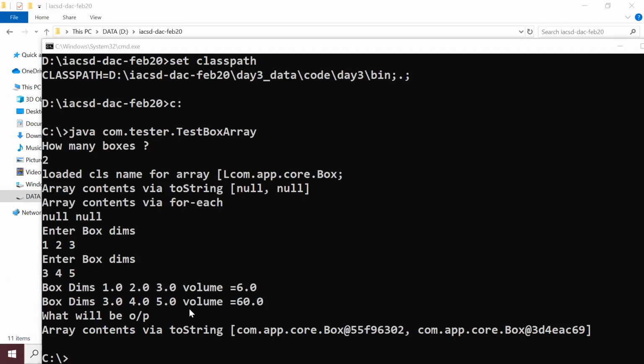So I hope you are now comfortable, because you know why I spent such a time: once you enter IDE, which is from tomorrow, you are not going to require any of it. You don't require path. Path, okay, fine. But class path and all, you don't have to set. IDE will set it for you automatically.